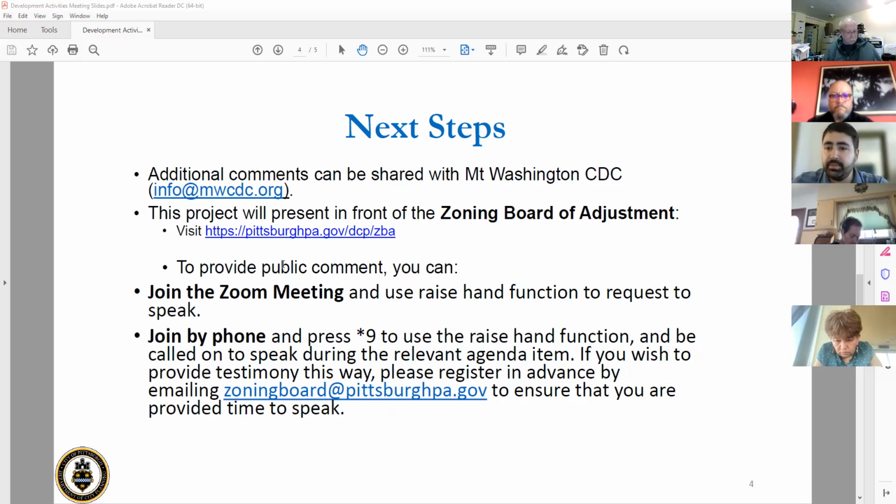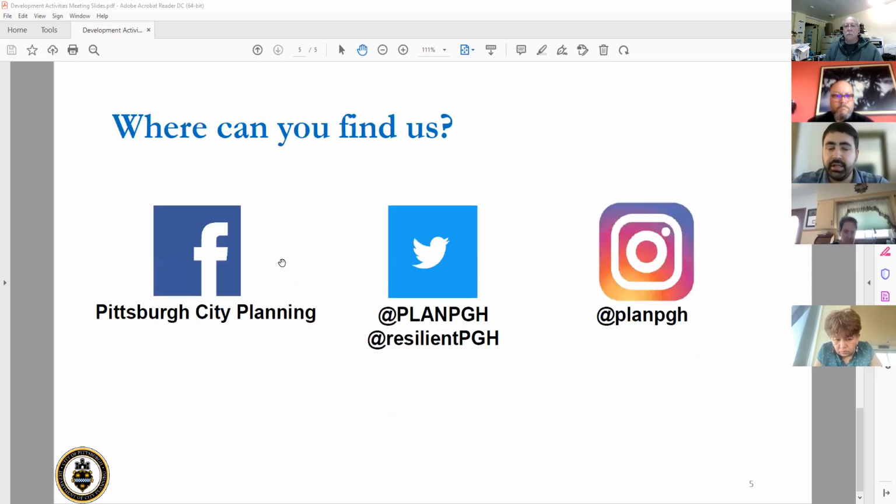So with that, I will pass it back to Gordon for the rest of the portion here. As staff, as neighborhood planner, I take staff notes on this process as well, so that those notes get posted online in advance of the Zoning Board of Adjustment hearing, so that those who could not attend tonight can see that, and also for the zoning board to be aware and take into account.